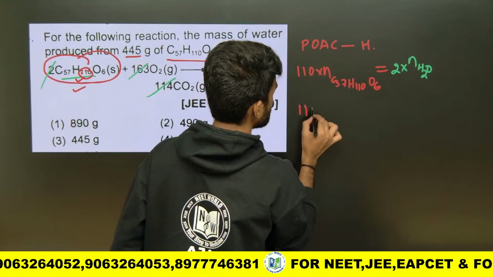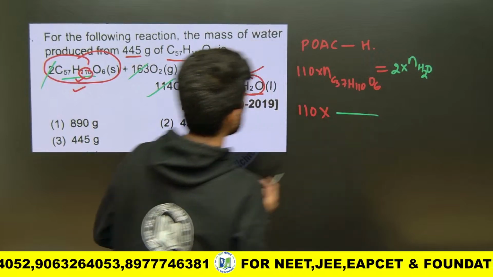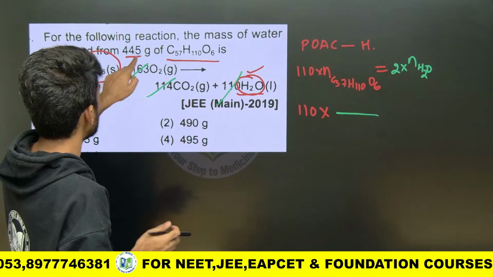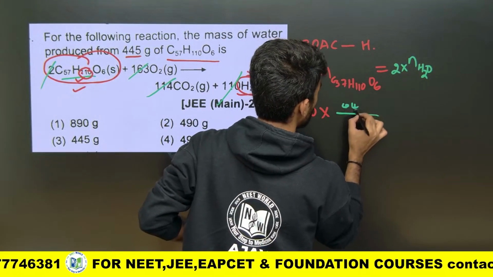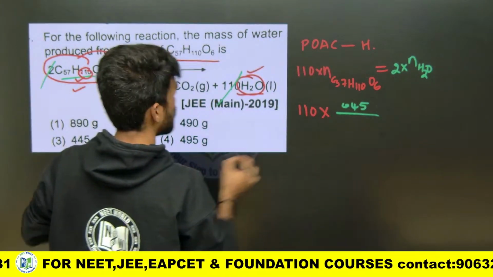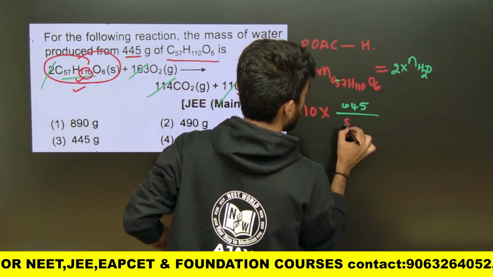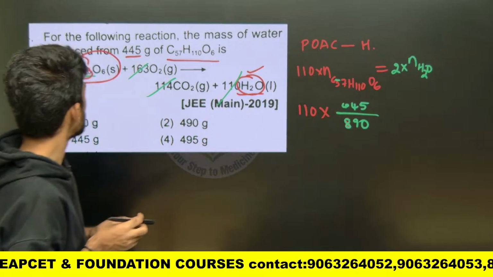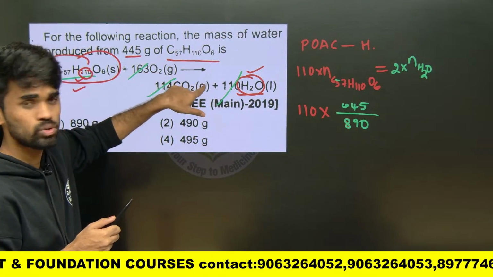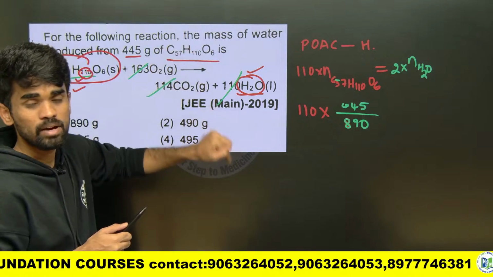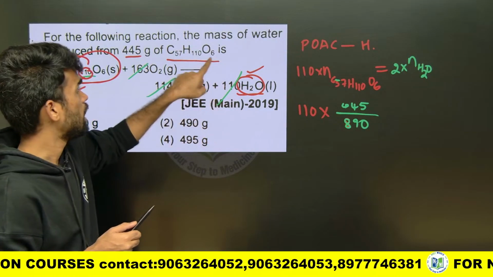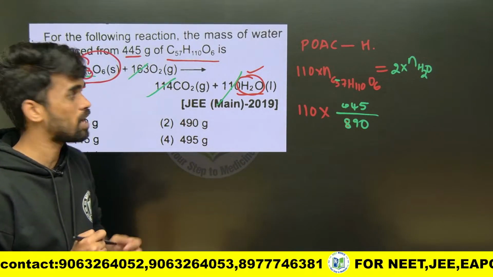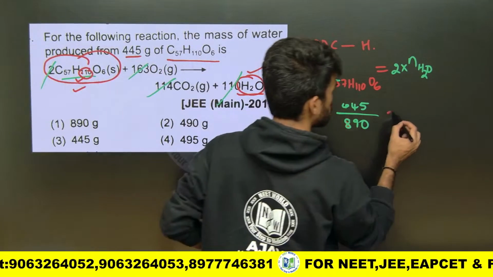So 110 into its number of moles, which means given weight by its molar mass. What is the given weight? 445. So what is its molar mass? For this if you do, you will get 890 as the molar mass of this particular substance. How can you do? Just 57 into 12 plus 110 into 1 and 6 into 16, like that if you solve you will get 890 as your molar mass of this compound, which is equal to 2